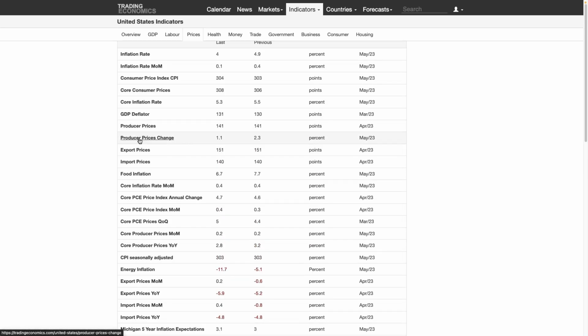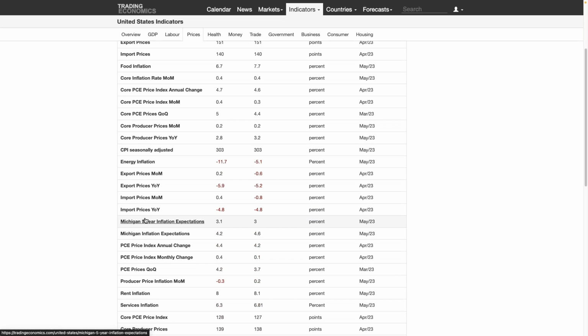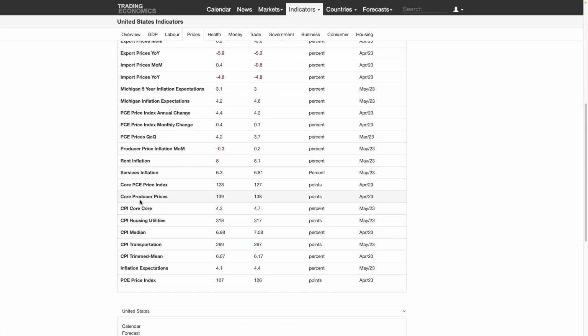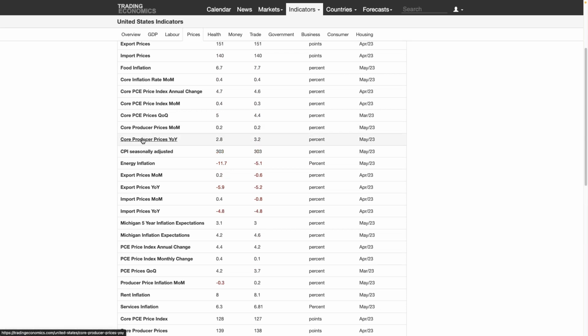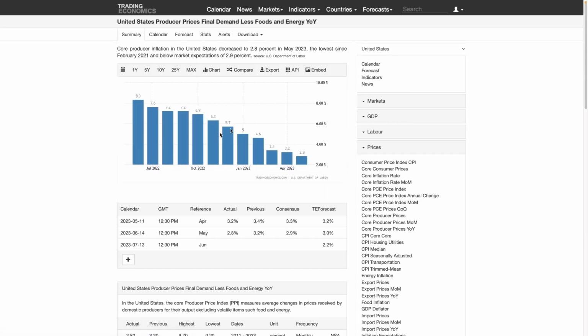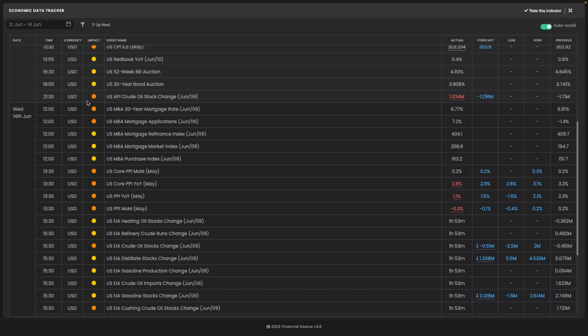Producer prices, I think that's producer prices. Which one do I want? Core producer prices year on year, continuing to fall. So another drop in producer prices, excellent, 1.1% below the prior, and month on month, below the prior,